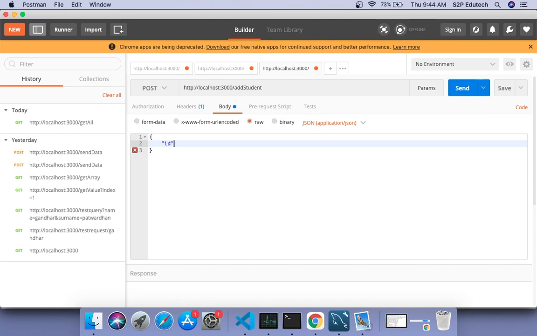So I would say ID, say 1, then name for the name of a student, say Gandhar, then surname, I would call Patvardhan, then office, and I would say S2P EduTech. Right, so this is my data.